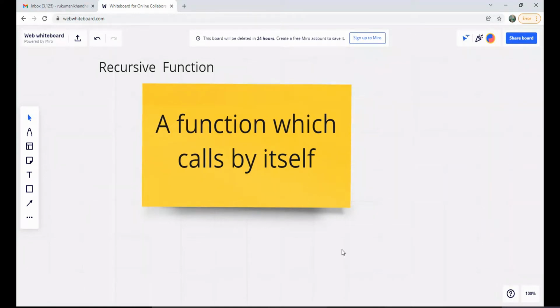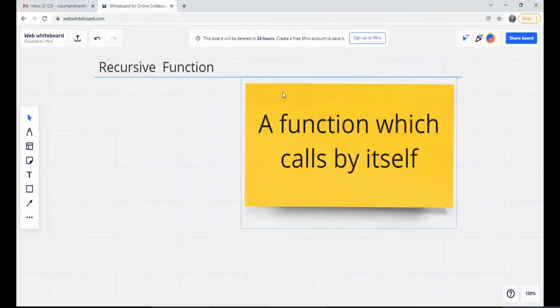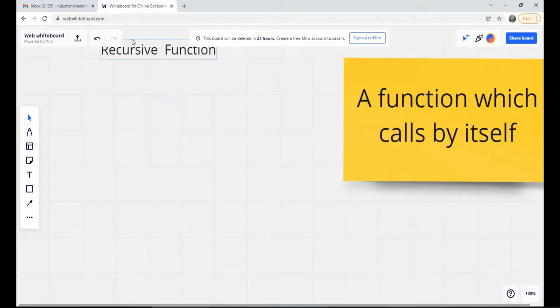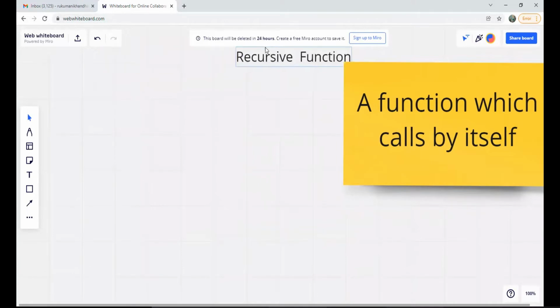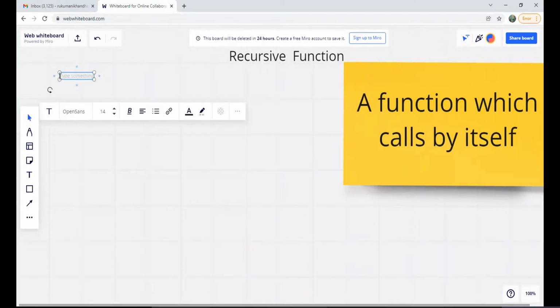So when we discuss some example, we will get the clear-cut idea. Let us start with an example. So we will have our program. We will start with the line #include <stdio.h>,